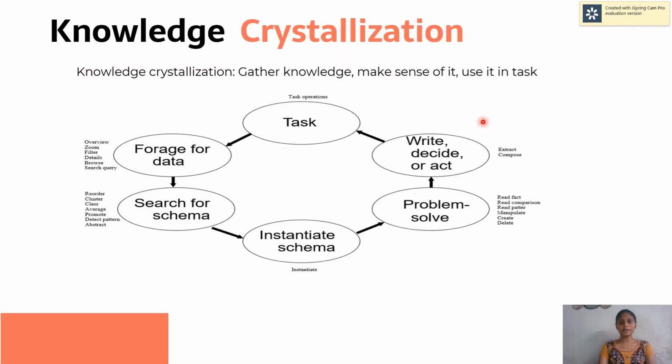Here we are gathering the knowledge and changing and manipulating the data. We take in one task and extract the data, and we can read and manipulate the data, and we will create one schema, like one table with not null values, and also here we are detecting the pattern, like visualization. Next, we are changing the data, asking for the query and filtering the data. This is the knowledge crystallization, and in this session we have covered interacting with visualization.